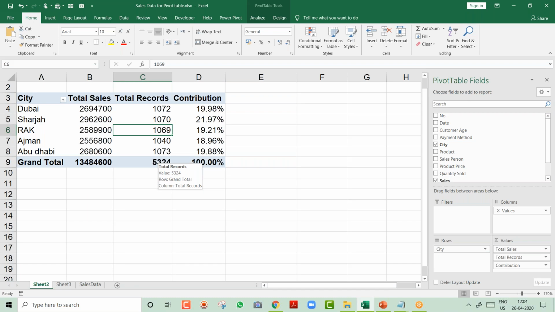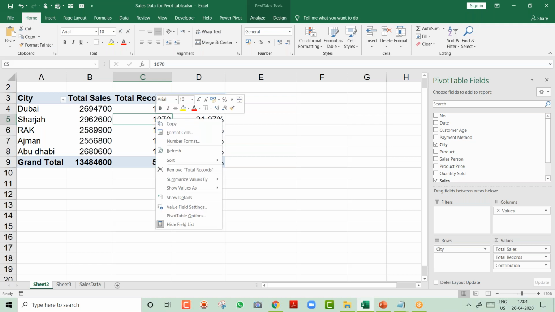Next day, I wanted to send the report. When you send this report to your manager, it will not be updated. So what I do, there is one interesting option. I think you all should learn this. You should right click on this pivot table, friends, and here you get an option, pivot table option.